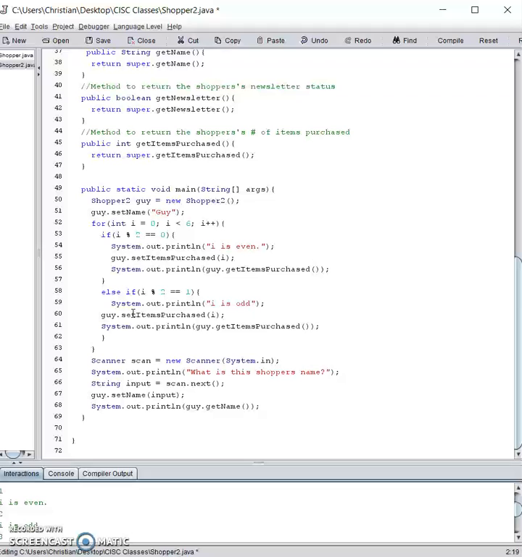But that's basically a quick rundown of that, and I just did some fun little examples right here. I made this little for loop, and if i was even, it printed out it's even, and then I changed the set items purchased. I changed the number of items purchased to i, and then I printed it out so you guys could see. And if it was odd, I did the same thing. So as we see here,